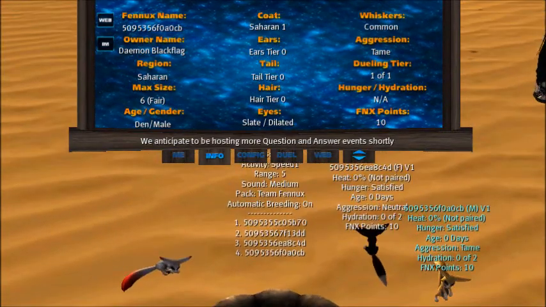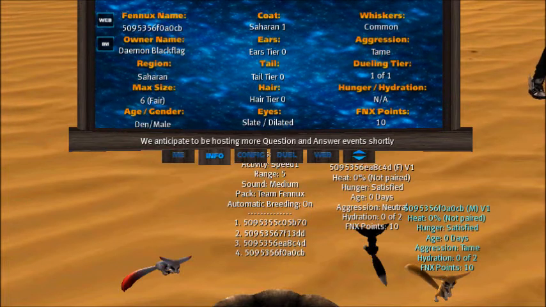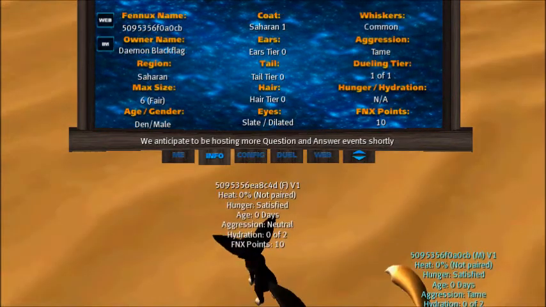It's going to randomly start breeding because automatic breeding's turned on and nobody's paired. Now, if that's what you want, congratulations, you got a random breeding pit. Pretty cool. Now, if that's not what you want, and you want to make sure that these 2 Fennux breed together,